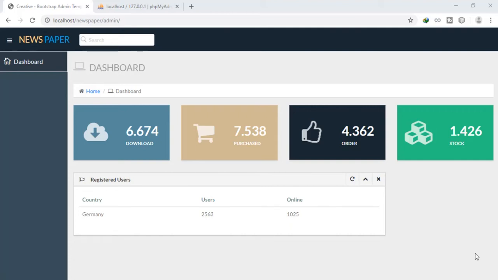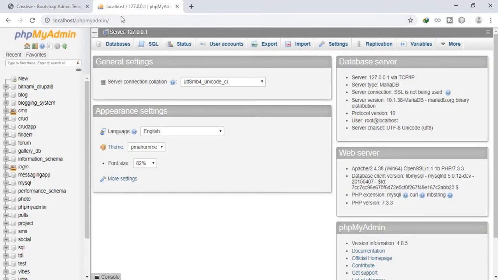Okay guys, so it's time to create the connection to the database. Now just think of the database as the backbone of our application. Without the database we can't do anything. Okay, so I want you to head over to your browser and click on localhost php. I've already done that,